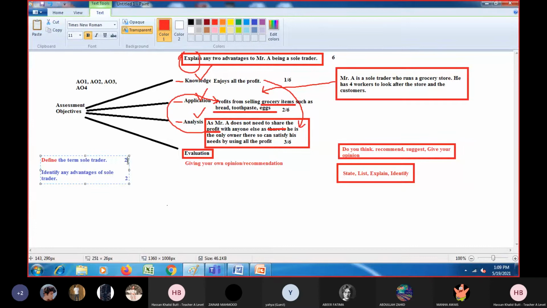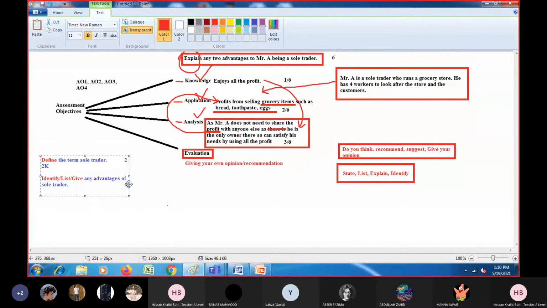So here, if you want to get 2 marks, what do you have to show? You just have to show knowledge. So I am writing 2K. 2K means there are 2 marks for knowledge only, right? So no analysis, no application, no evaluation, nothing. Define the term, you'll get 2 marks, right? Similarly, if I talk about the second question, identify, or if it is written list, or if it is written give, all have the same meaning, and you will be answering it in the same way. Again, 2 marks are there. Normally, such questions are of 2 marks, similar to the command word define.